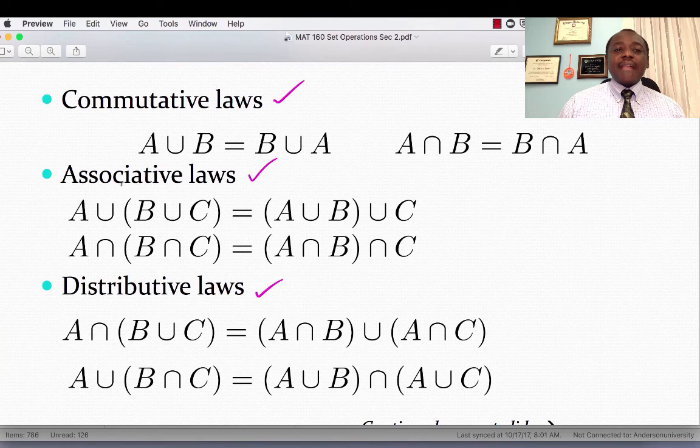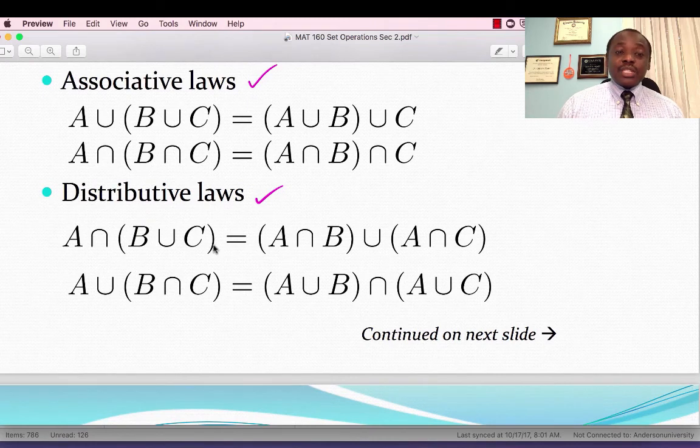And then we have the associative laws, which would permit us to move parentheses without changing the solution. So A union (B union C), where I start off by evaluating B union C first, is the same as (A union B) union C, where I evaluate A union B first, and the same holds with intersection. And distributivity also holds. A intersection (B union C) would be the same as (A intersection B) union (A intersection